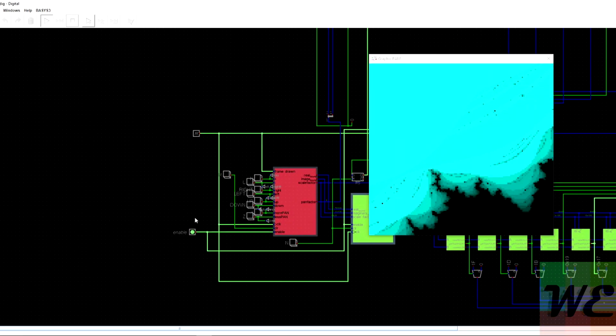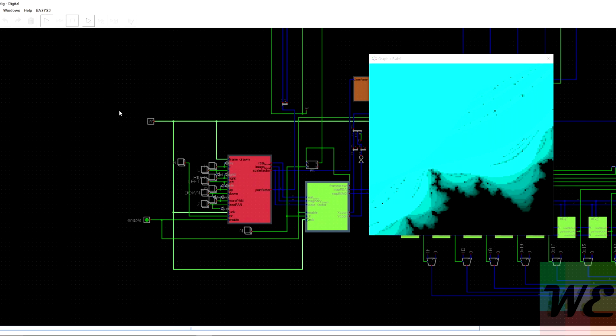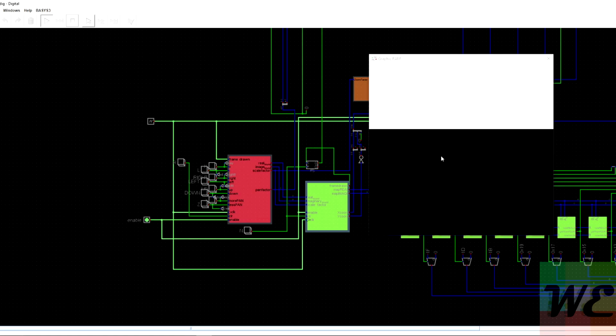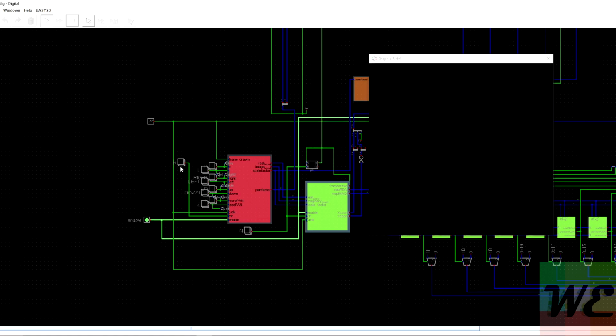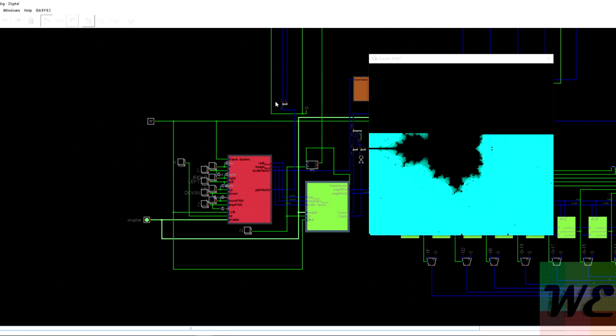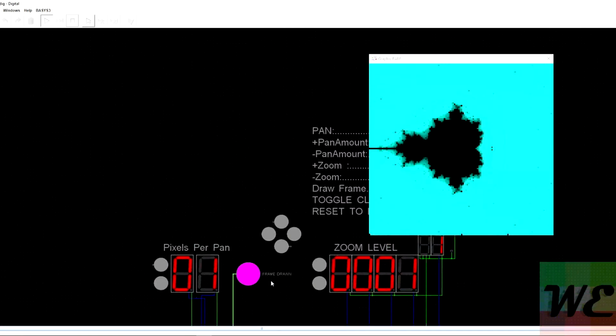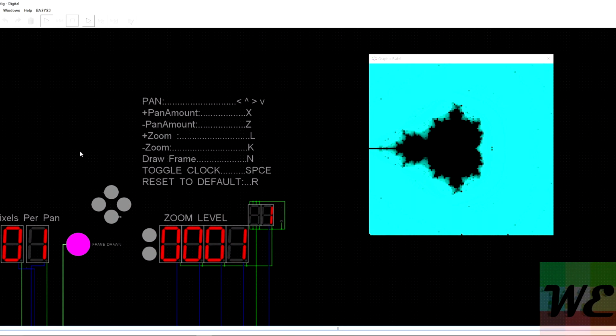Also, the controls for it are really simple. You just press space to start and stop the clock in the simulation. You have to click enable; by default it's just going to draw a black screen like that. So if you want to get it to work, you press R. As you see, I press R and that button's pressing. Then if I press N, it does that, and then it draws a new frame. So R will reset it so it doesn't just draw black. And then from there you have full control over zooming and panning just based off of these controls here.